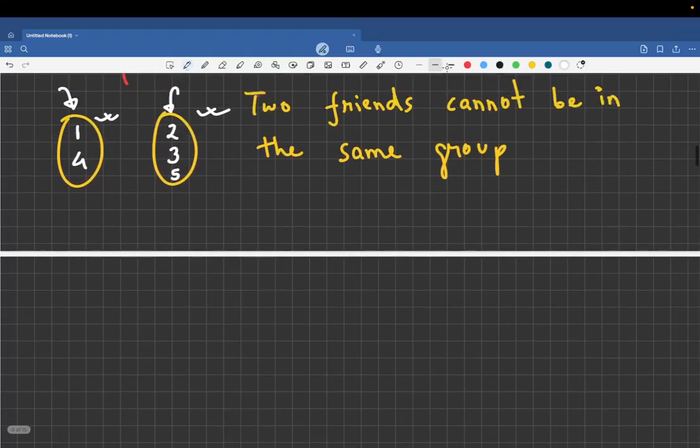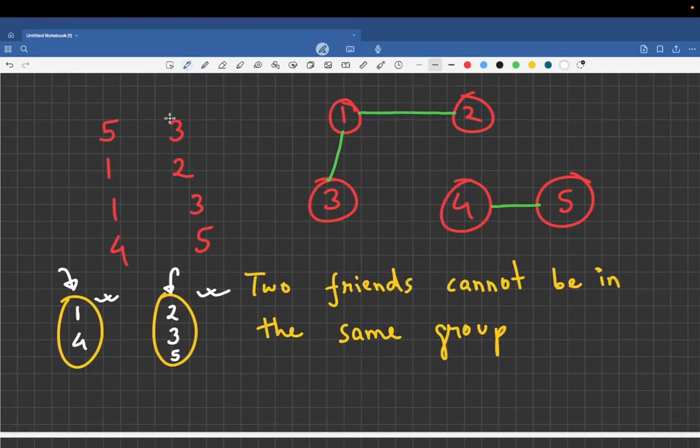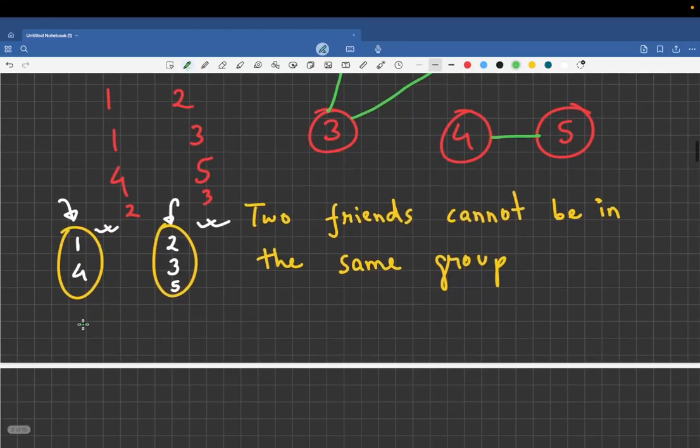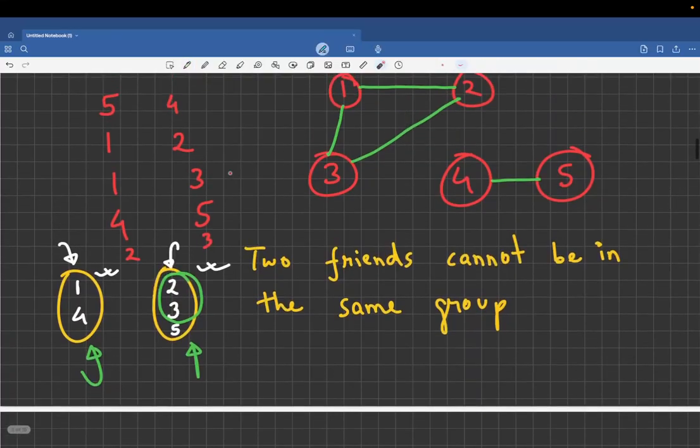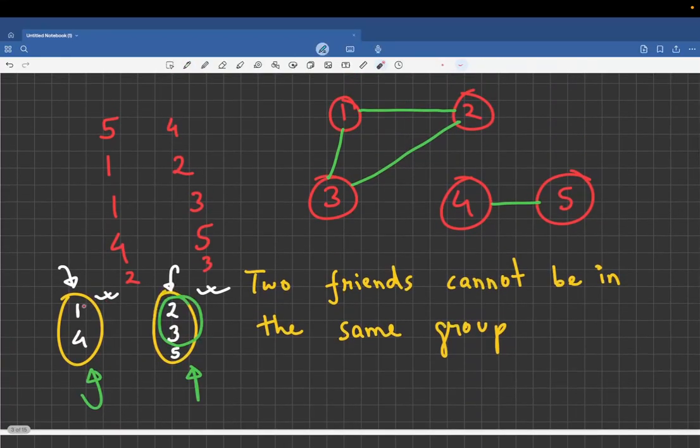What if I had told you that there is also a friendship between, let's suppose, this value is actually 4, and there is also a friendship between 2 and 3? So 2 and 3 are friends with each other. Now just tell me one thing: can you divide it into these two groups? No, right? Because 2 and 3 can't be in the same group as they are friends. There is no valid way to divide these pupils into two groups such that people in the same group are not friends. So if this was the given input, the answer would be IMPOSSIBLE.